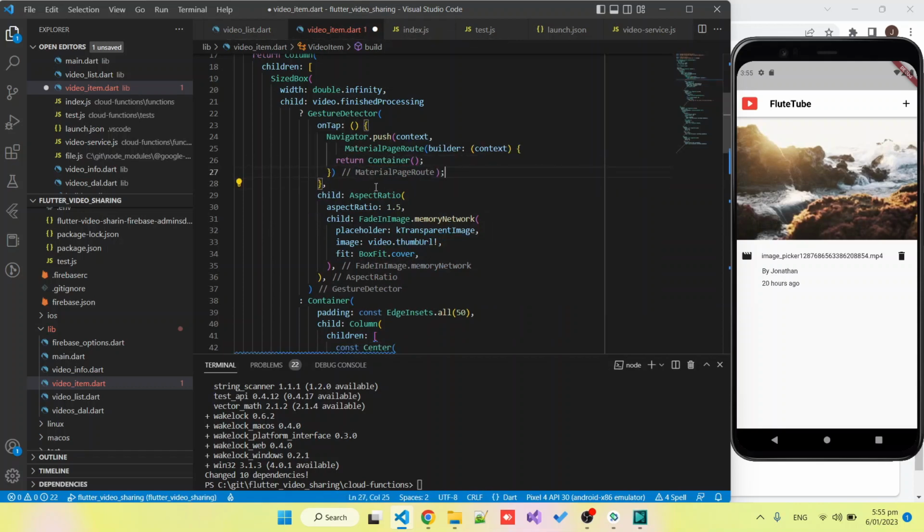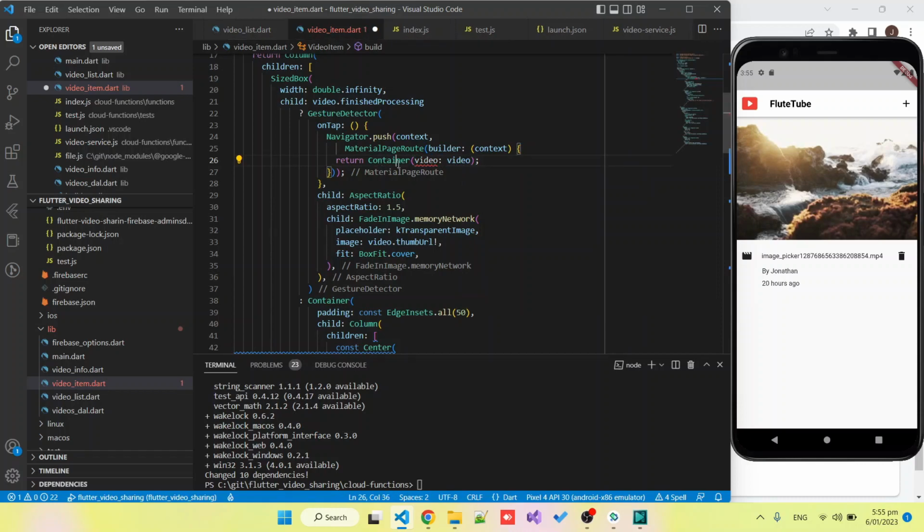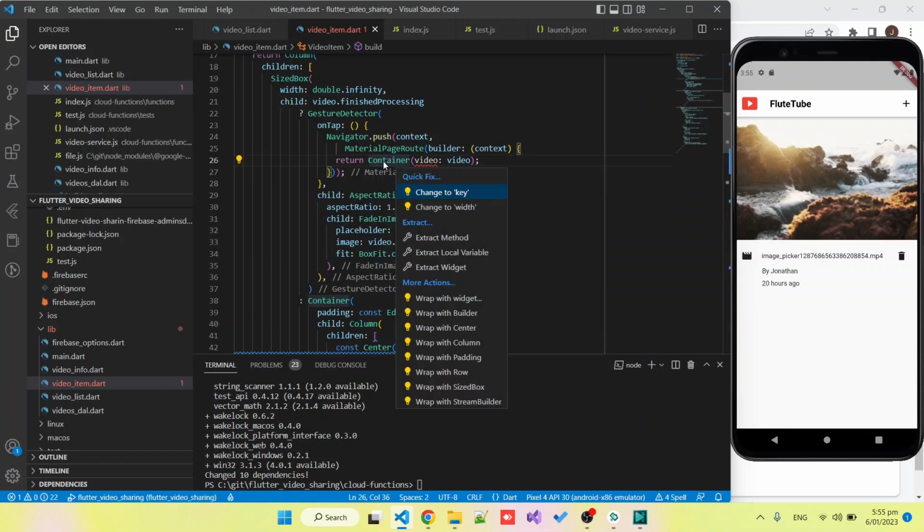I'm gonna use that to extract the widget to a new page. So I know I'm going to have to send the video as an argument into this widget. So now we can use the quick actions to extract widget